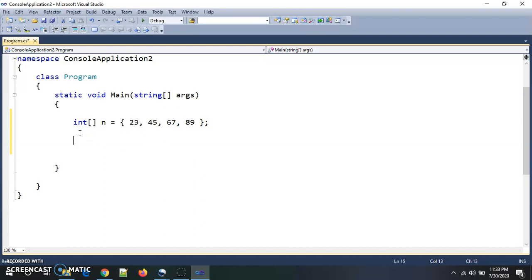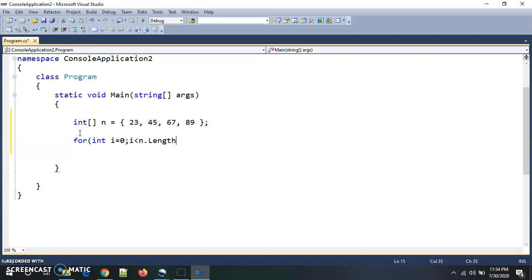So if I want to display these array elements one by one, then we use a for loop, and inside the for we start from 0 and go to length minus 1. There is one length property for each array variable inside C#. We use this length property.